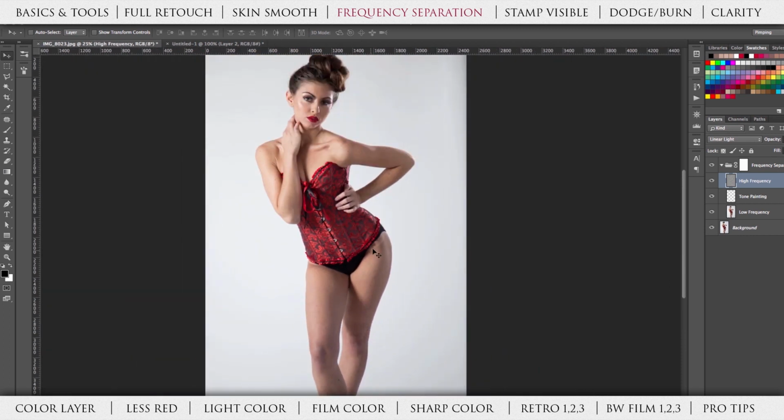Now let's move on to these tan lines. If you want to see what it looked like before, I'll just turn off this entire layer. So there's the scar, and bam, we removed it and it looks great. Now for these tan lines,